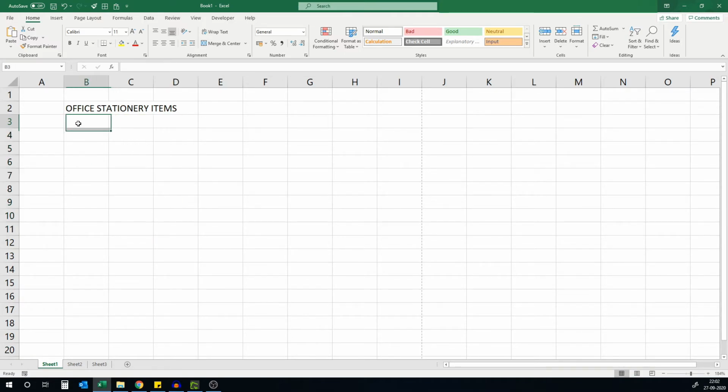The titles of my table are going to be serial number, product, and quantity. Now I can add my items under the product and specify the quantity as needed.